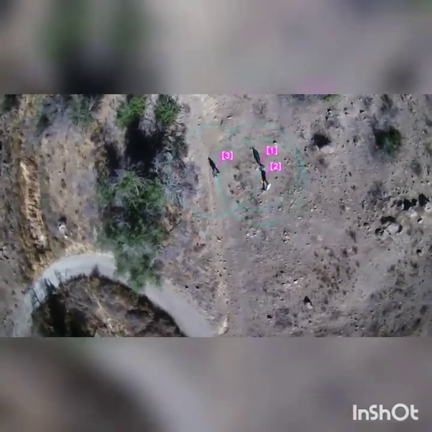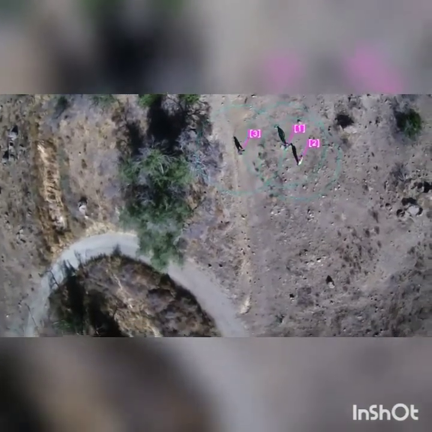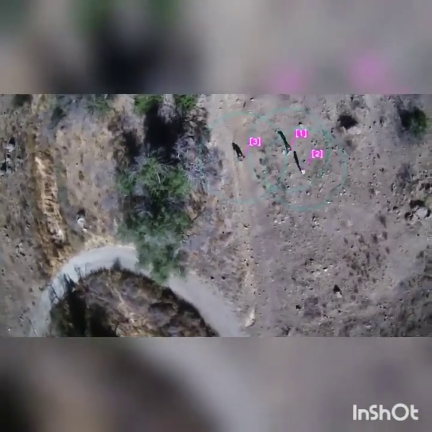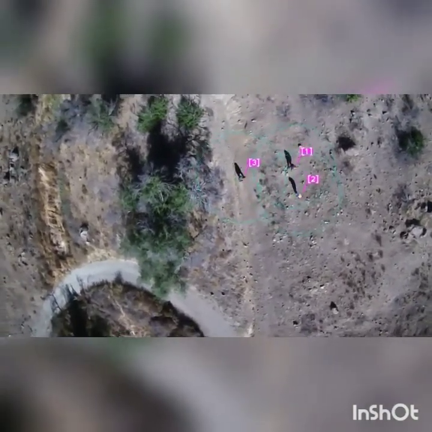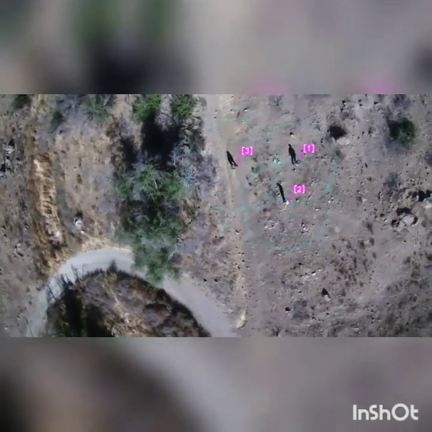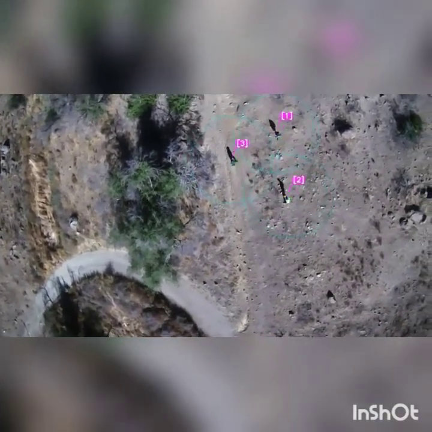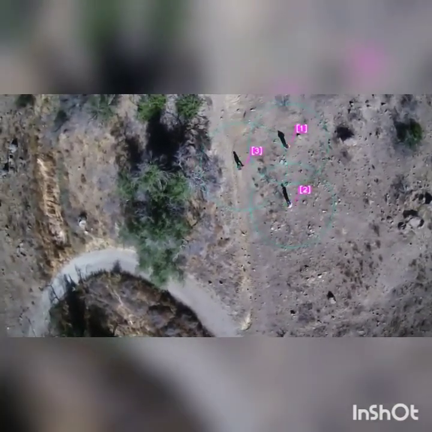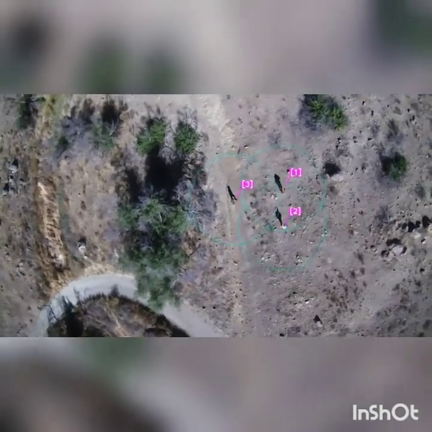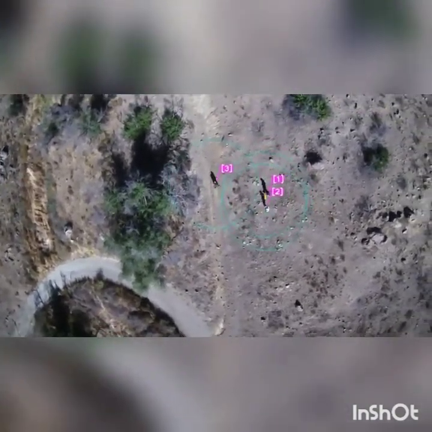So we have placed the camera at the bottom of our drone. We have just placed one camera. Another camera in our MED will be placed at the front of the drone for the front vision. In the same way, the objects which come in front of the MED will be detected, and the best path for its travel will be selected. This is how object detection works in our drone.